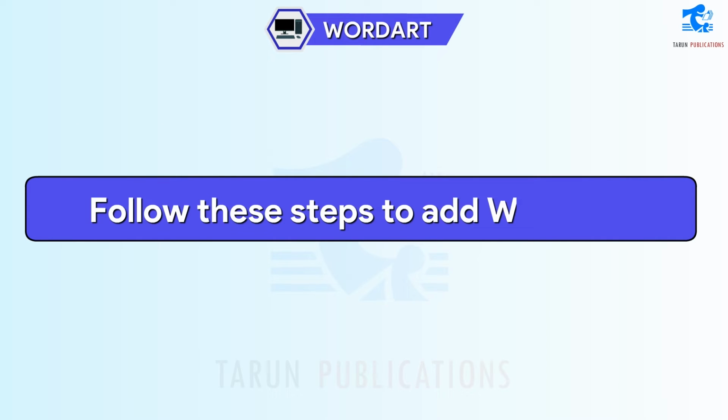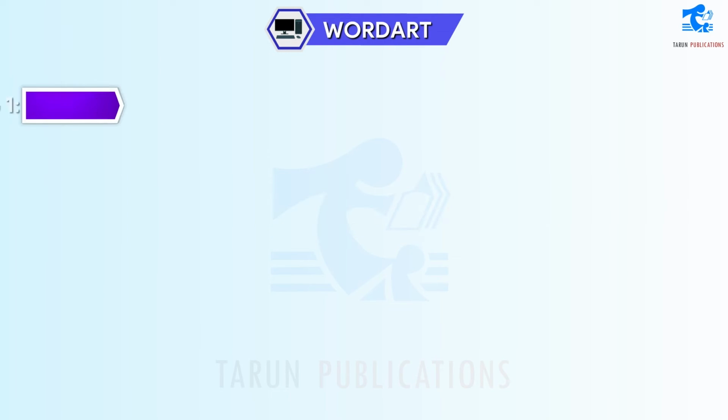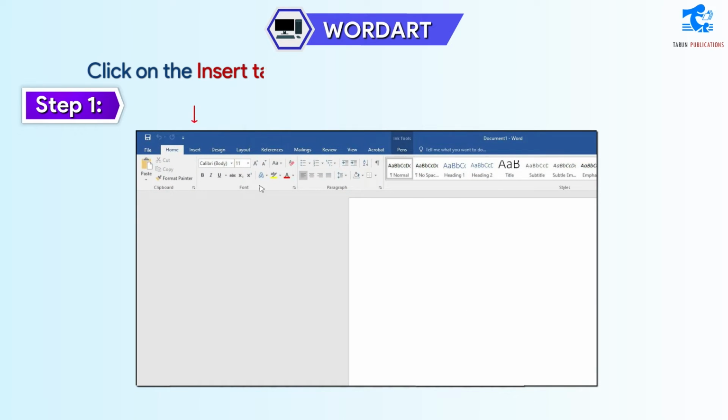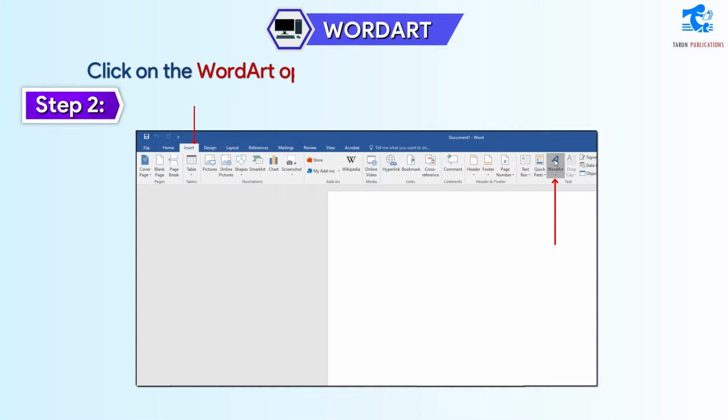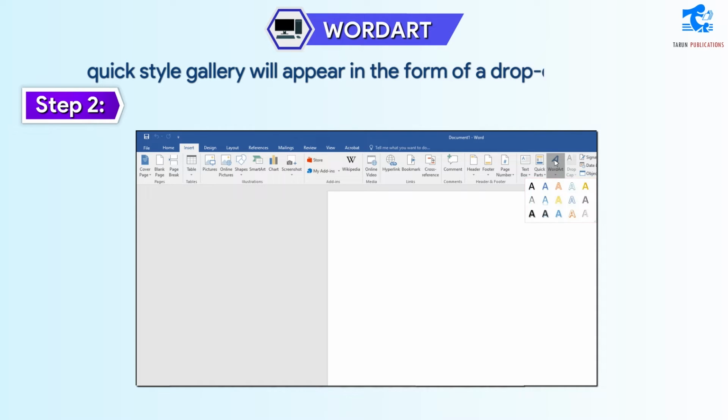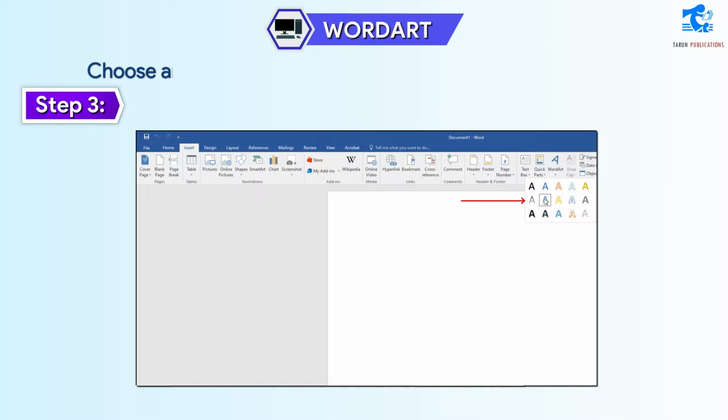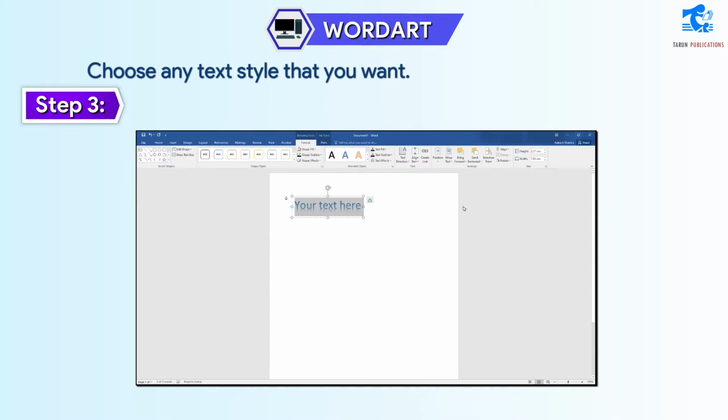Follow these steps to add word art. Step 1. Click on the Insert tab. Step 2. Click on the Word Art option from the text group. A Word Art Quick Style gallery will appear in the form of a drop-down menu. Step 3. Choose any text style that you want.